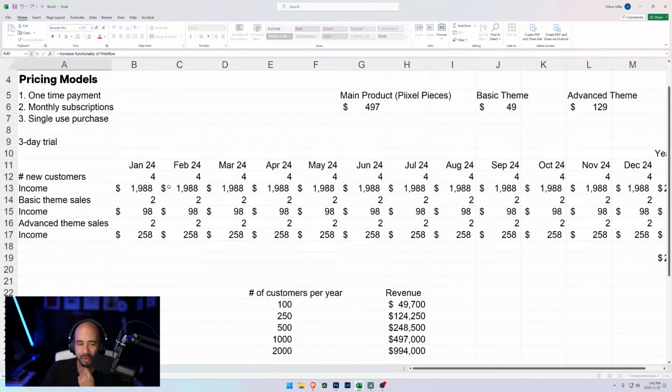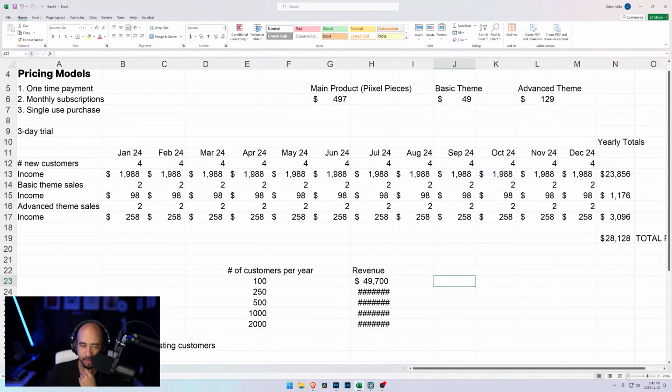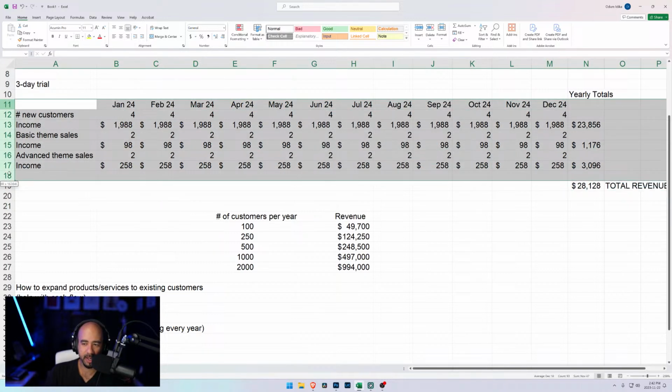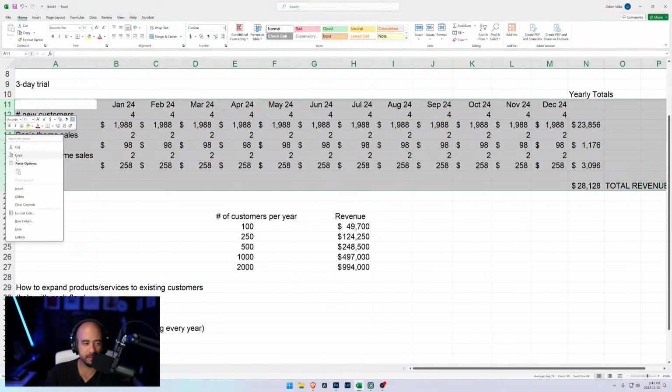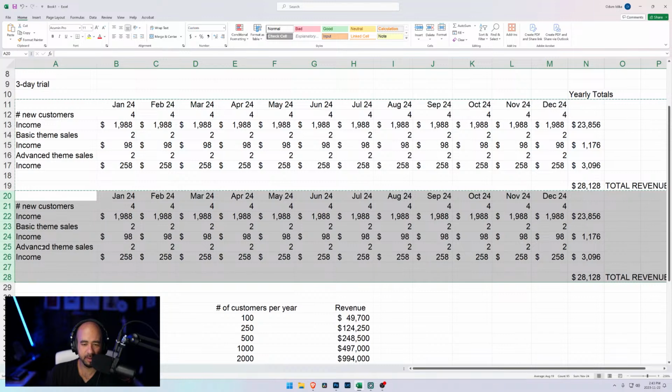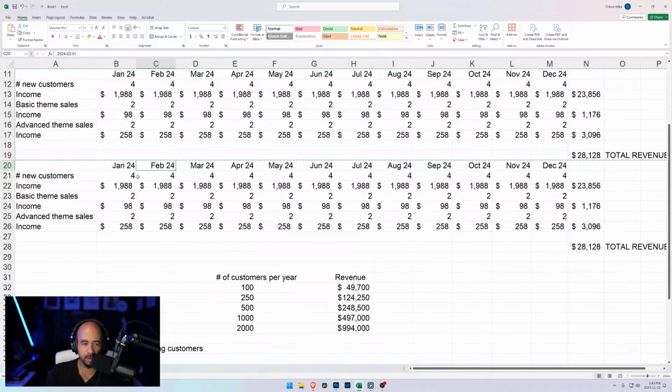So yeah, like I was doing these things, and I was thinking I could expand it. Maybe let's zoom out a little bit here. Okay, this is year 1, and for year 2, can I copy all these and then insert them? Copy. Insert copied cells. Right. So then I go to year 2.